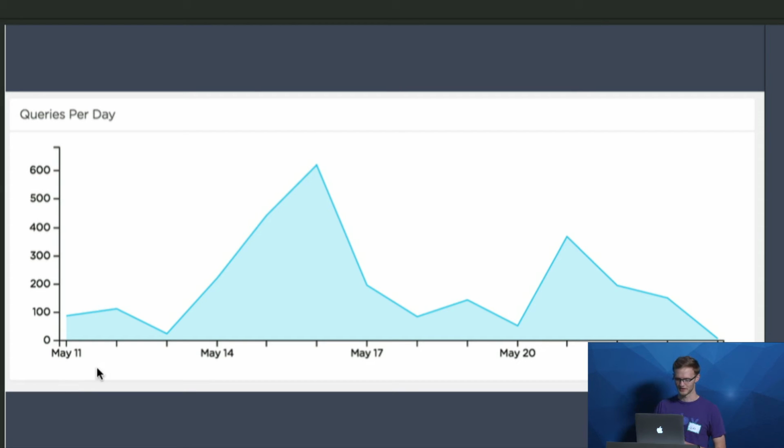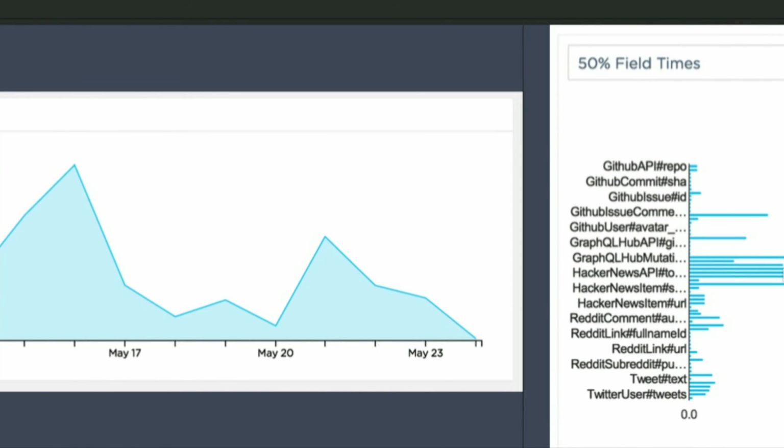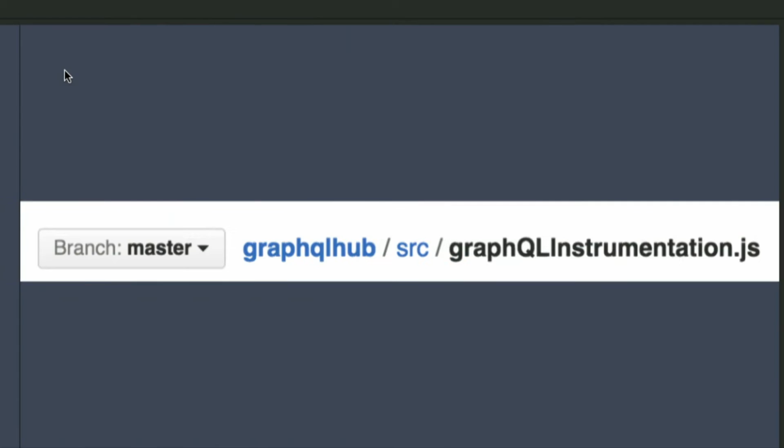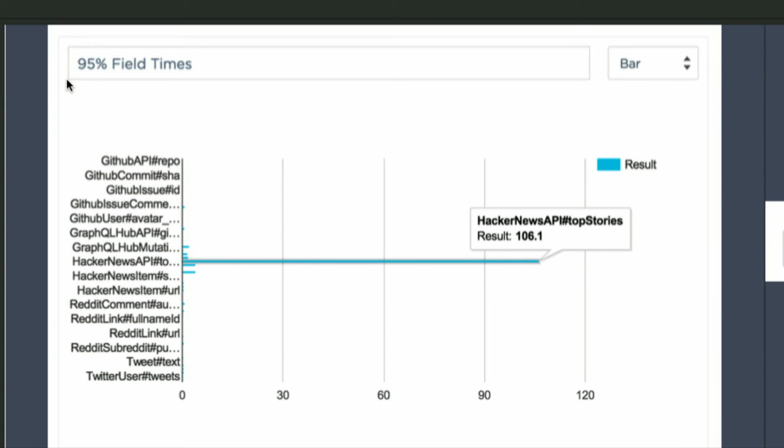instrumentation behind. So this is the number of raw queries that GraphQLHub gets. And this is the queries broken down by which field and resolver. So you can see the Hacker News API calls are broken down. They take approximately less than a second. Some of the Reddit API calls are super fast. And then there's a lot of fields in here that I've just omitted because they're in memory and they're instantaneous. And note that this is the 50% time, so basically median. And then if you go to 95% of the time, there's some funky Hacker News API calls that take over a minute.